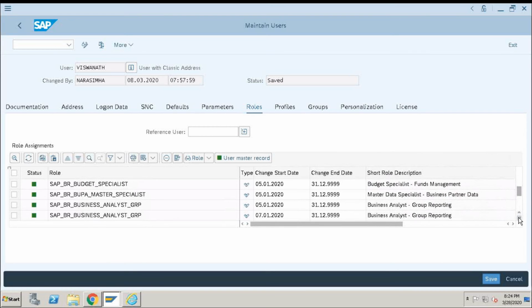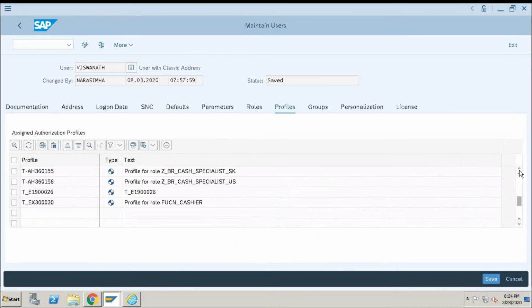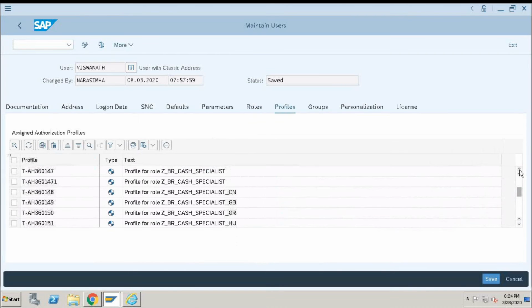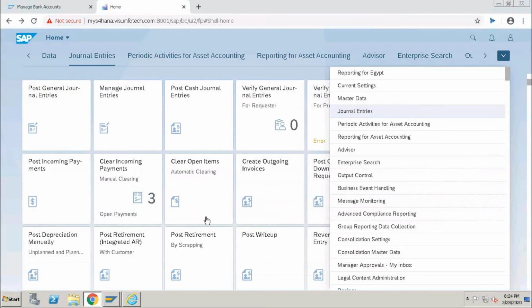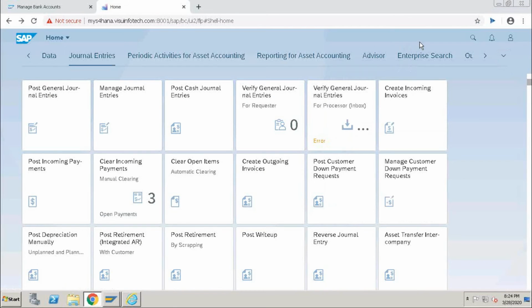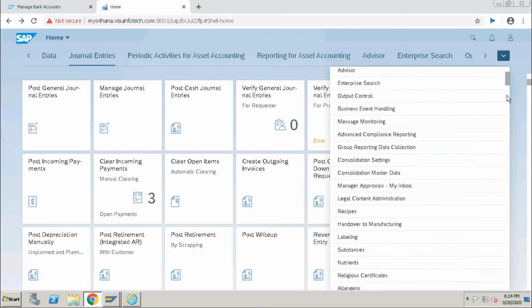So these are not inbuilt. Nothing is inbuilt in HANA Finance. The two inbuilt options are SAP underscore new and SAP underscore all. Once you activate the two conditions and log in with Fiori, it shows only two apps, the master data app and the reporting app. That's enough, only GL related roles. Whenever we activate the condition, these are the line items.